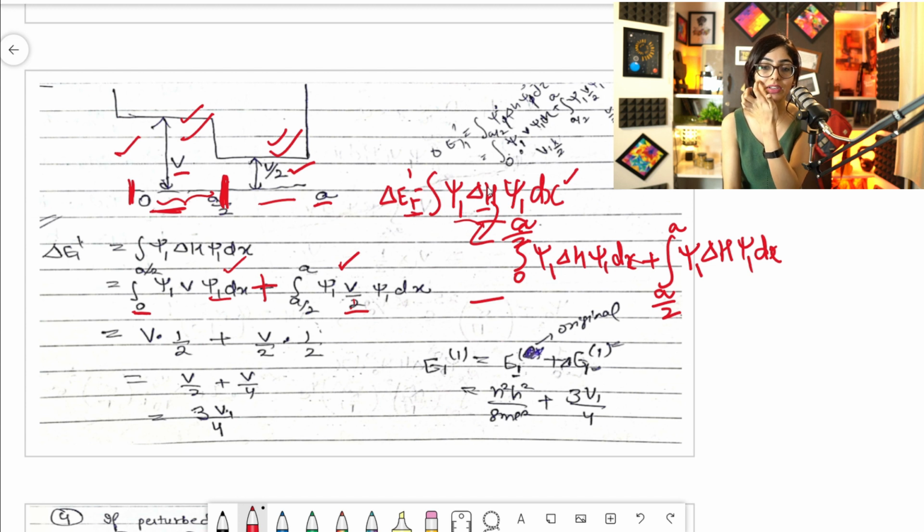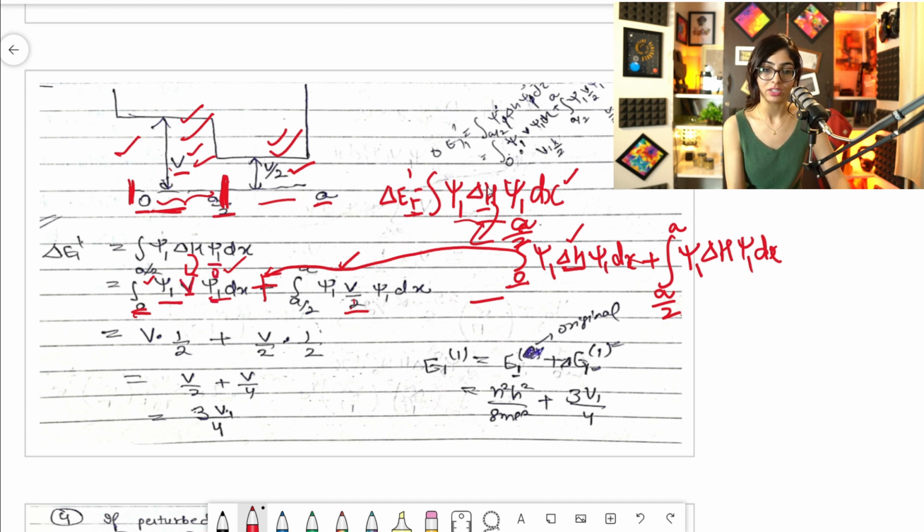So what else is given, guys? Can you please tell me? This is given that the perturbed part. So perturbed part for 0 to a by 2, that is v. So simply put the value. When you put the value, it will become like this expression. It will become 0 to a by 2 and then psi 1, and then delta h would be v, because for 0 to a by 2 it is v. So I have written v and then psi 1.